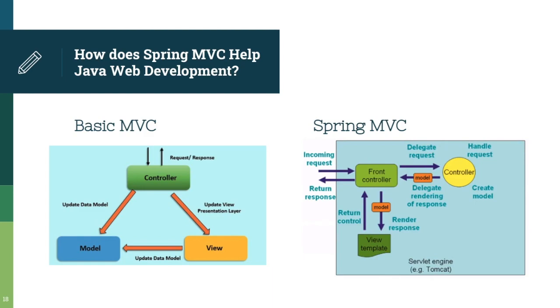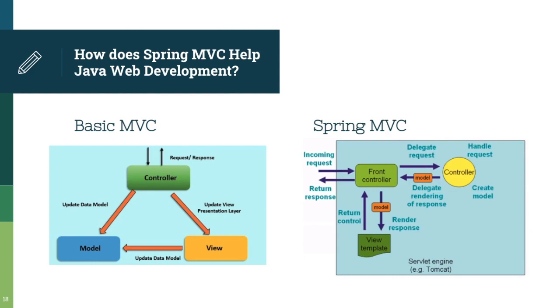We can see the two images below. We can see Spring MVC contains a front controller, which the base MVC doesn't contain. In base MVC, we have multiple controllers. These controllers are simple Java classes. Different controllers handle different requests. We have to use some hard code to establish the mapping. It increases our workload. In Spring MVC, all controllers are annotated with two pieces of information, a URL and an